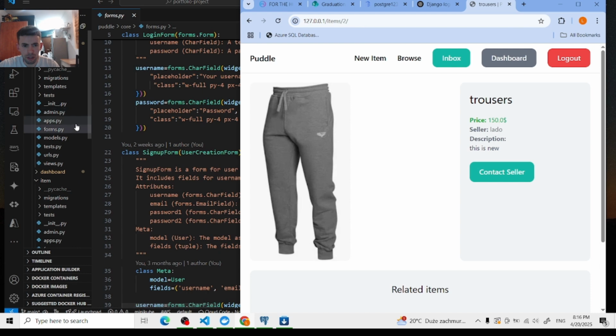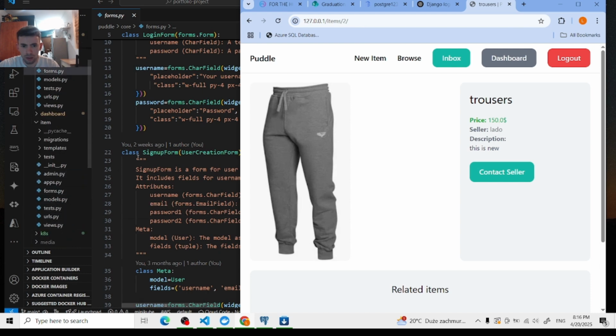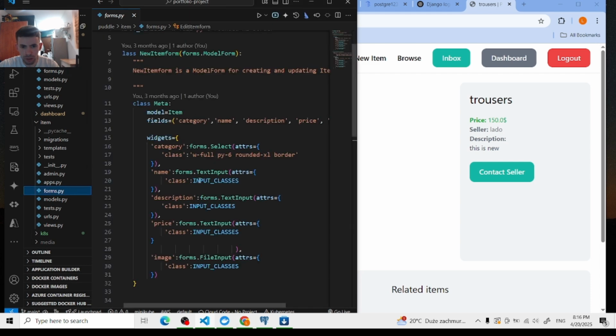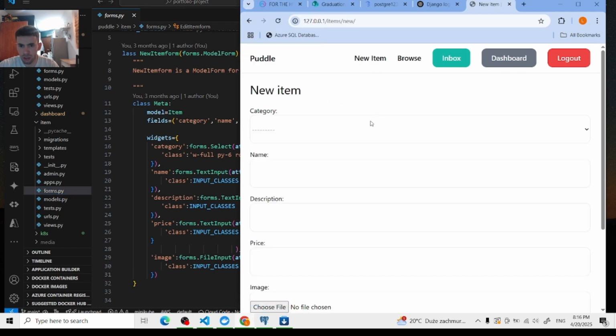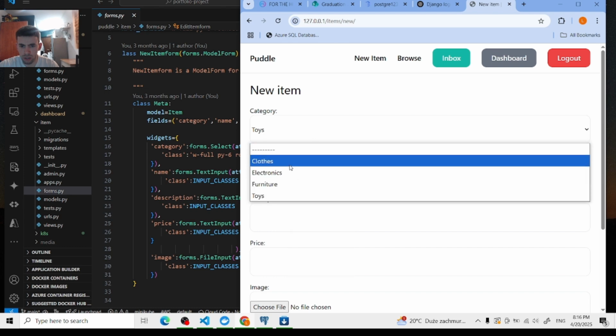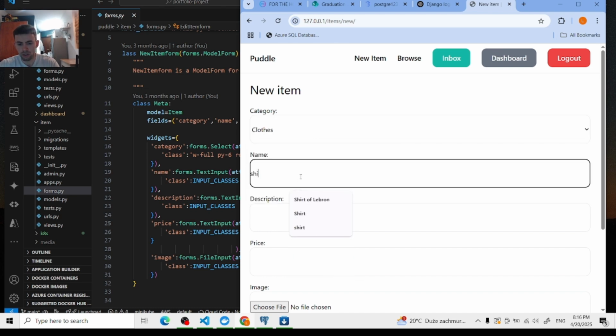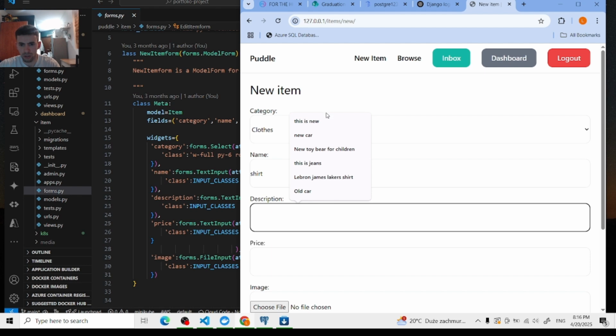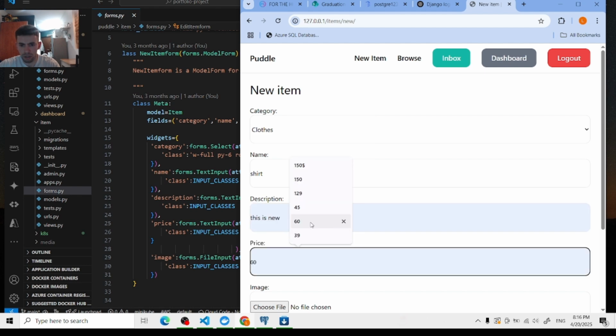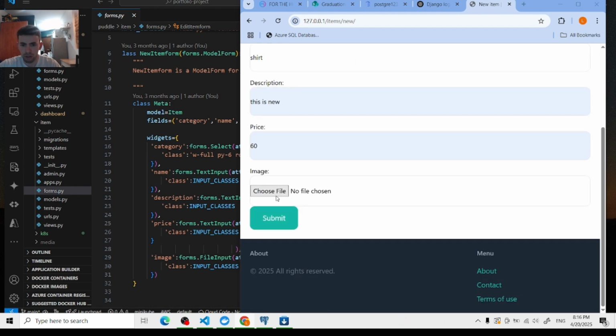Now I'm going to demonstrate how we can add a new item. Here's the form for the new item. The required fields are category, name, description, price, and image. Now let's take a look at how we can add a new item here. Toys, let's say clothes, shirts. This is new, price 60. Let's choose the image,